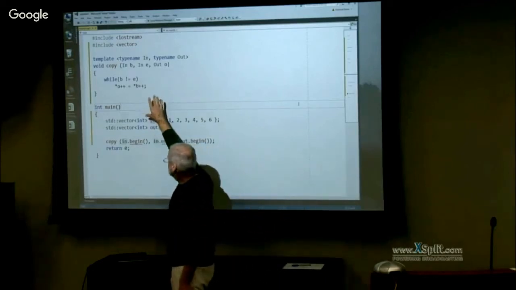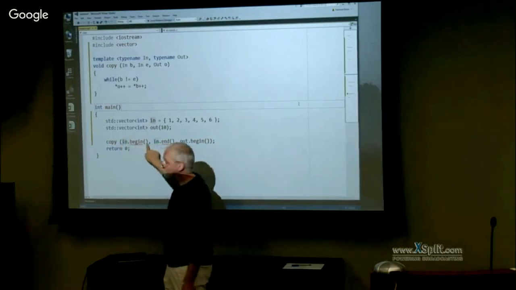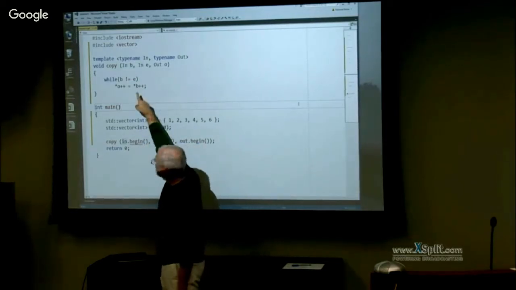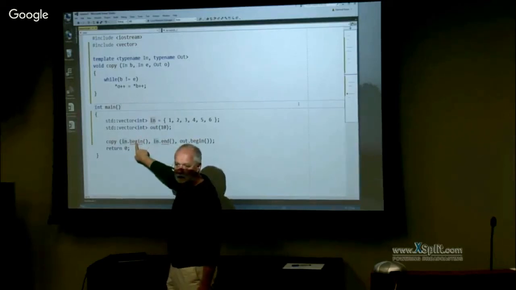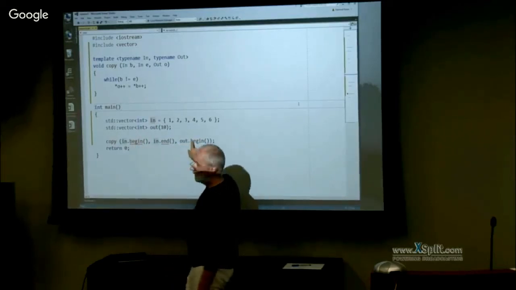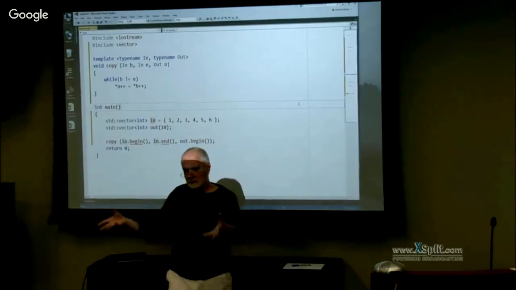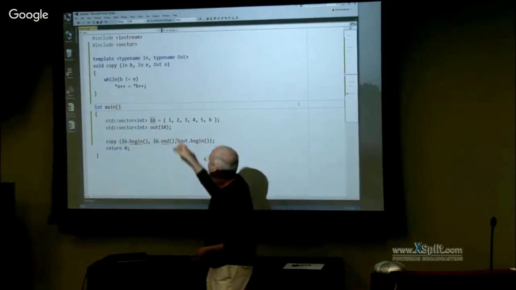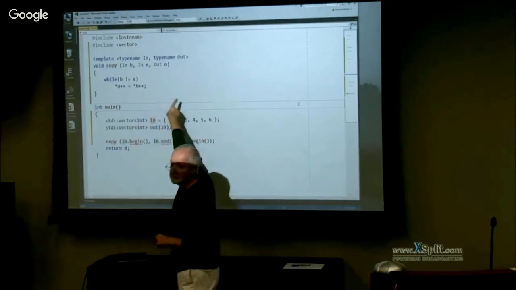But what the compiler now does, it says, okay, I know what type this construct has. It's an iterator exposed from the vector. So it replaces that in with whatever type I get here, and it replaces the out with whatever type I get from here. So the compiler deduces those types for us, figures out what types they are. And thus, you can think of it like a macro replacement on the types here.